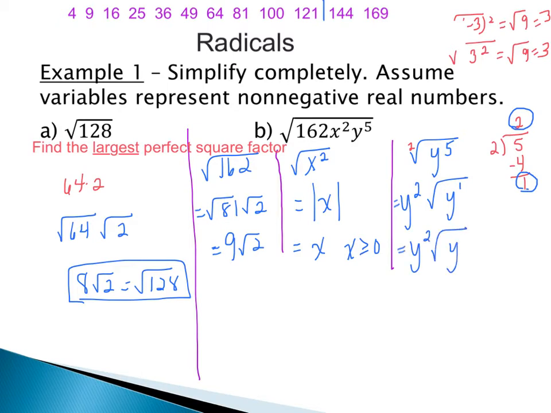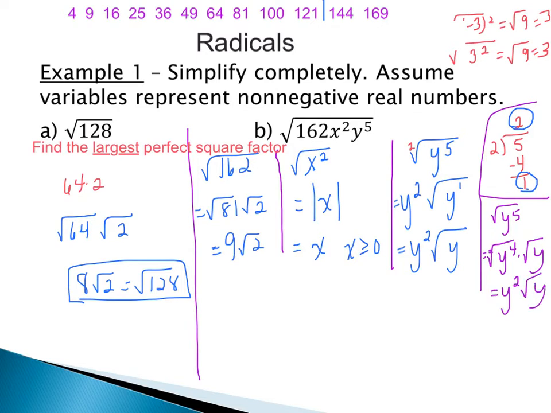Again, where this comes from is another way to work through this, whichever you prefer, is that the square root of y to the 5th, I can rewrite this as the square root of y to the 4th times the square root of y, because remember, all I'm doing is working backwards from that product rule that you had earlier with exponents, that y to the 4th times y to the 1st, 4 plus 1 would be 5. So I can break this down, because then using that same idea as doing your root into the exponent is that we have a 2 out here. 2 goes into 4 2 times, or 4 divided by 2 is 2. So I can simplify this into y squared square root of y.